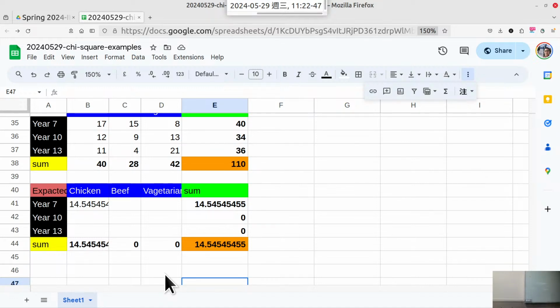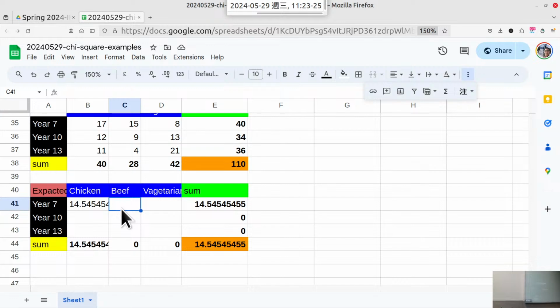Again, the number, click here, the expected number of year 7 to choose chicken. That is 40 times 40 divided by 110. Okay, 40 times 40 divided by 110. The cell here. Okay, let me move here. Beef. What's the expected value of the beef? That is 28